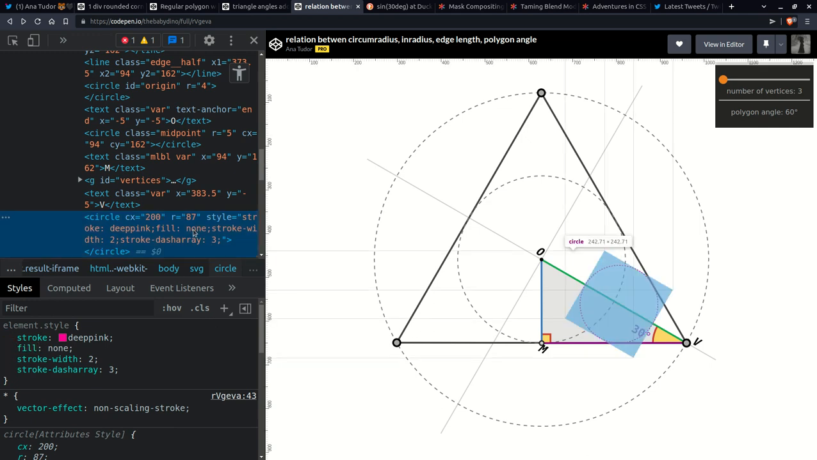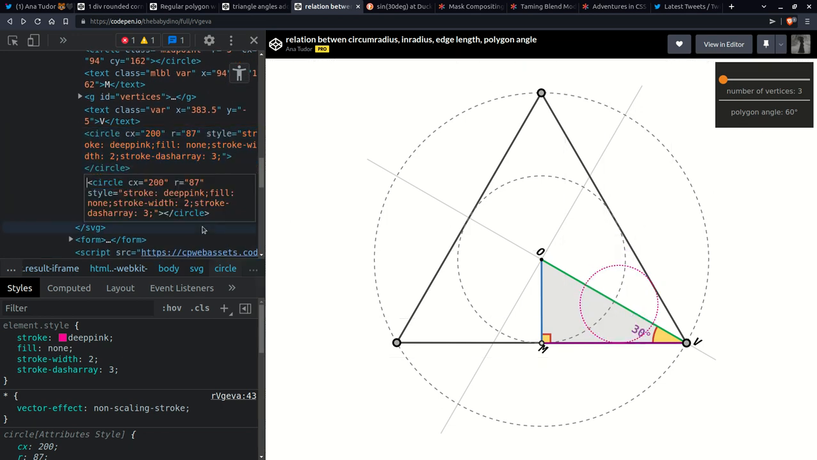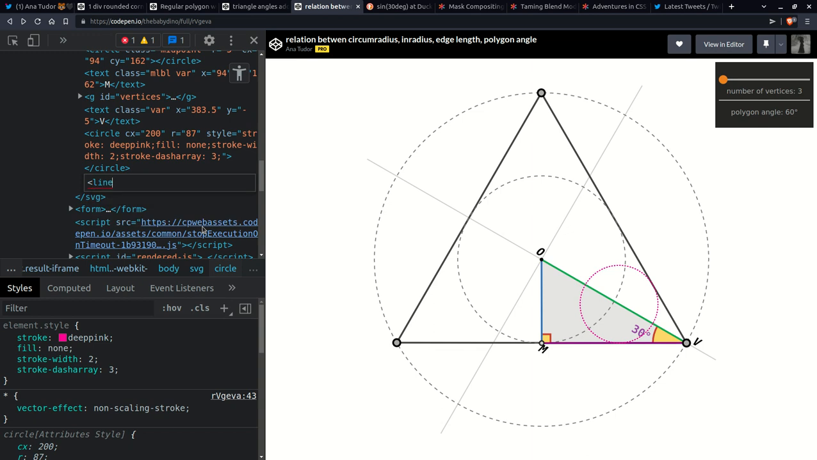And let's also duplicate, right? Let's have a different element here, edit as HTML. So we're going to have line, right? X1 is going to be the center CX, right? 200, and X2 is going to be that value plus the radius, right? 287,